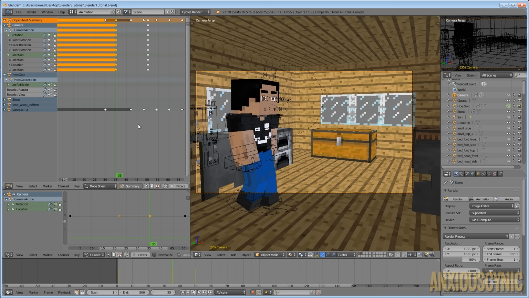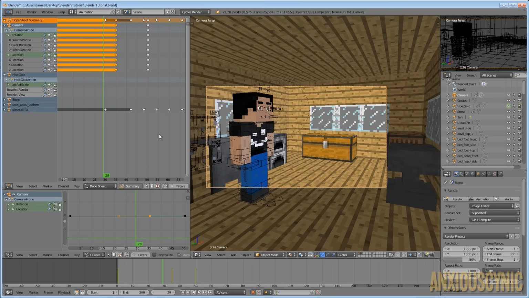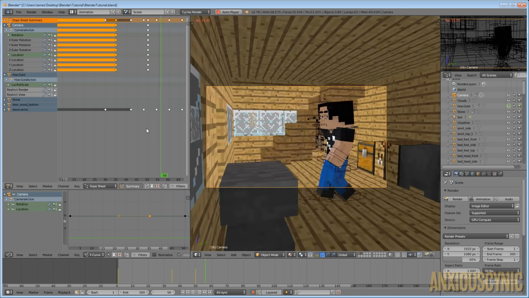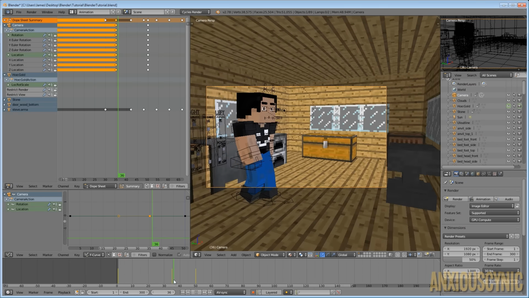If you're familiar with Minimator, then you're aware of the instant keyframe transition, and that's basically what this is going to do. So if we watch this now, let's back it up. I'm going to play the animation, and it just cuts to that view, and that looks fine. There's nothing wrong with that. The problem is, though, even though it's doing that, Blender kind of sees the camera as having moved to that position. And when you have motion blur enabled, then you'll get this crazy motion blur.